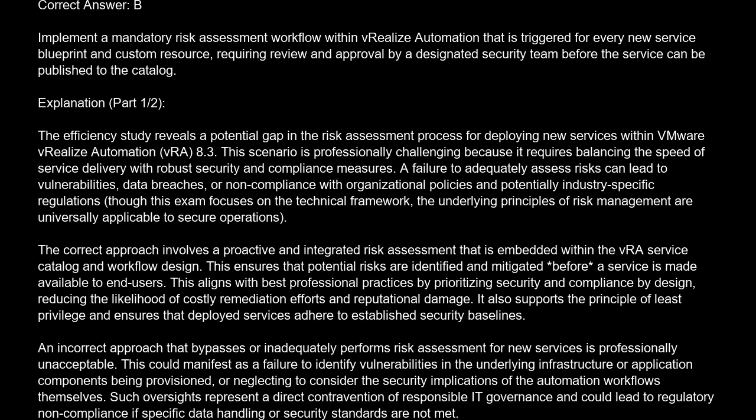The correct answer is B. Implement a mandatory risk assessment workflow within vRealize Automation that is triggered for every new service blueprint and custom resource, requiring review and approval by a designated security team before the service can be published to the catalog. Explanation. The efficiency study reveals a potential gap in the risk assessment process for deploying new services within VMware vRealize Automation, vRA 8.3. This scenario is professionally challenging because it requires balancing the speed of service delivery with robust security